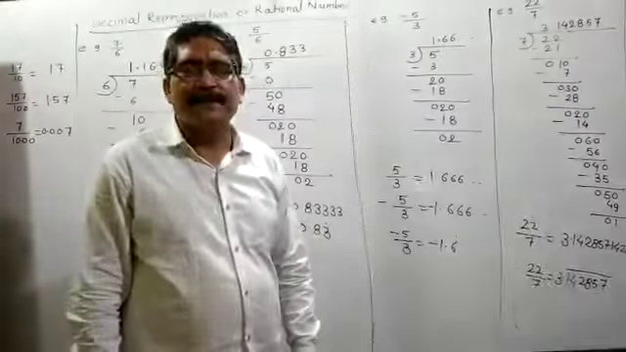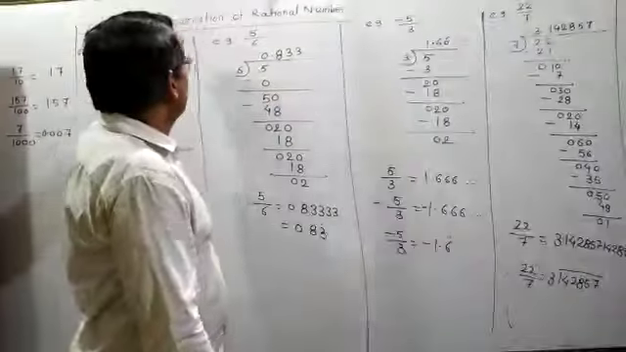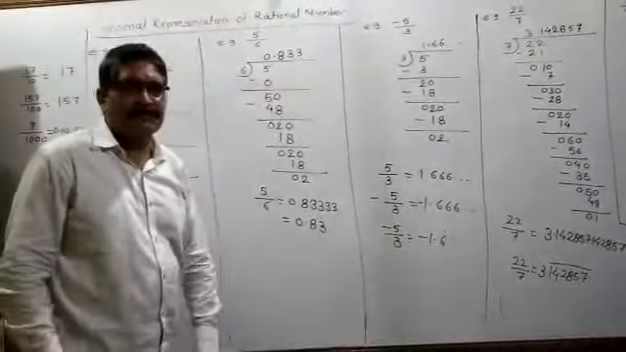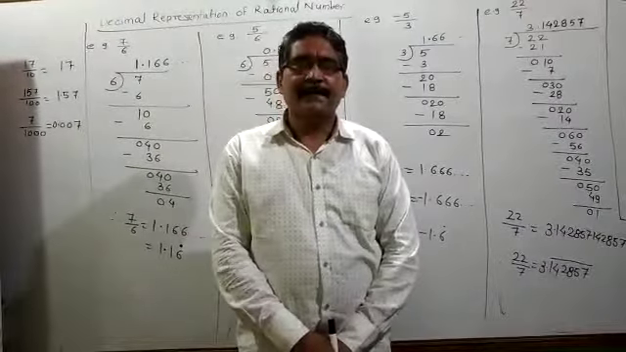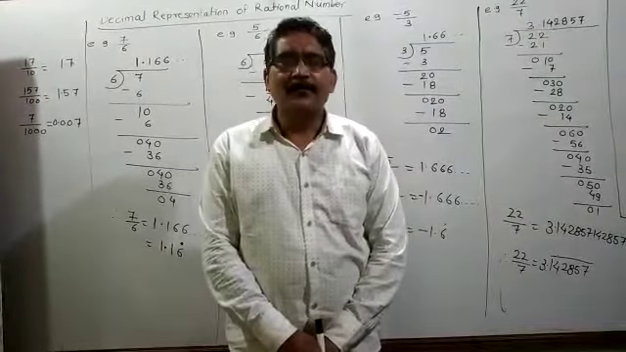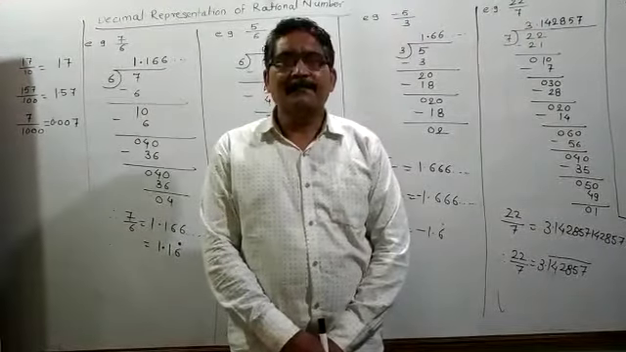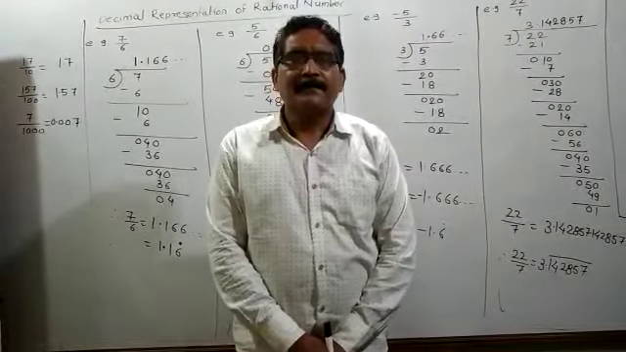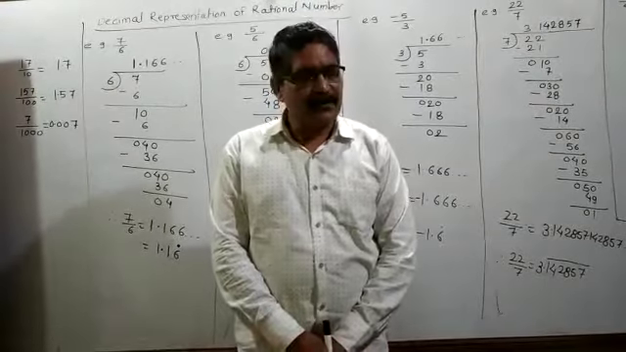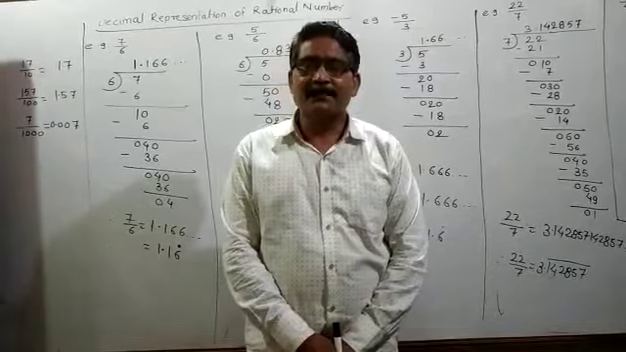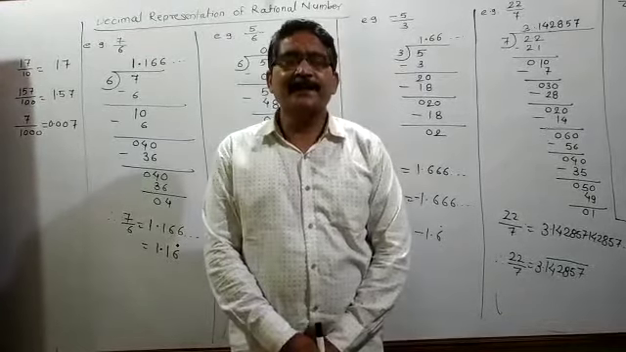Friends, you have to start with the new topic, decimal representation of rational numbers. Already I explained what is the meaning of rational number and how you will compare rational numbers with less than, greater than and equal to signs. So you have to start with the new topic, decimal form of the rational number. I already gave the definition of the decimal